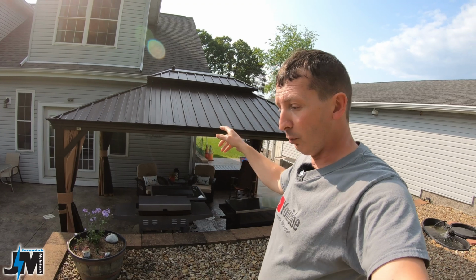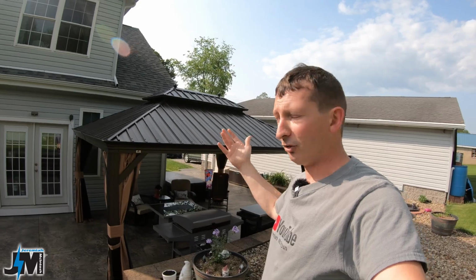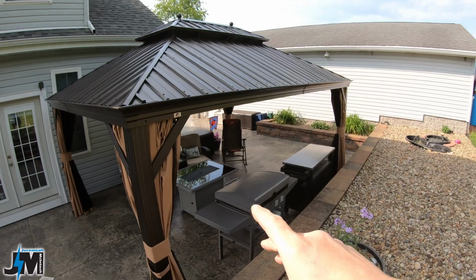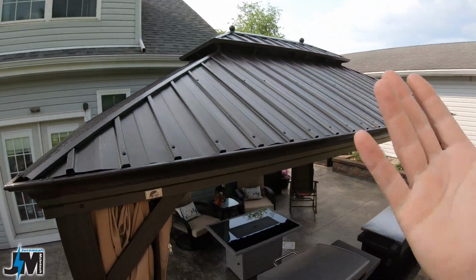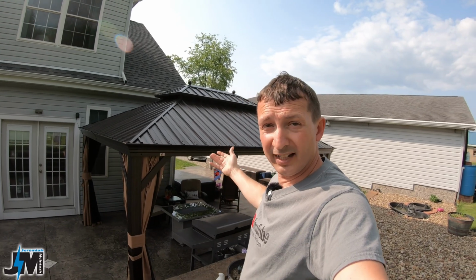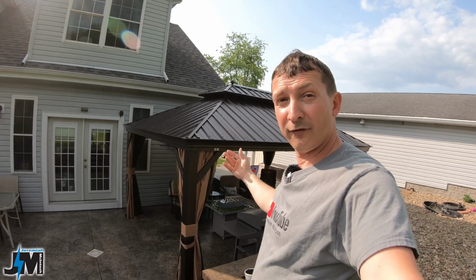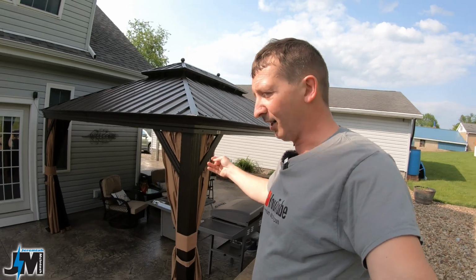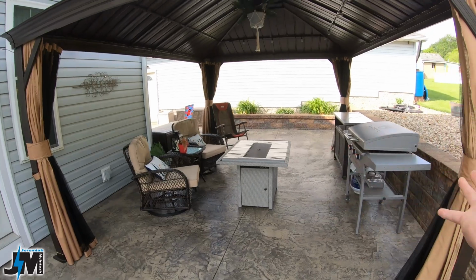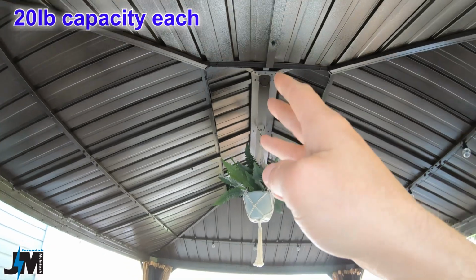Now this thing is rated for up to 40 mile/hour winds, and it's rated for a 2,500 pound snow load. Most of the frame on this, on the outside structure, is all aluminum, and the roof is galvanized steel with a powder coating. Really nice finish on there in my opinion. And the roof is warranted for 5 years. The frame is warranted for 1, and the curtains and netting are warranted for 2 years. And these are dyed yarn curtains, not supposed to fade very easily, but you can see here, really nice area now. And there's also 3 hooks up above in the center where you can hang different things from 3 different